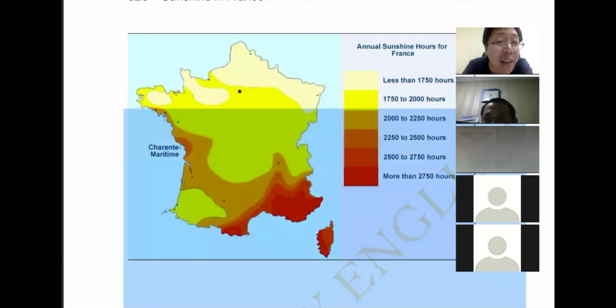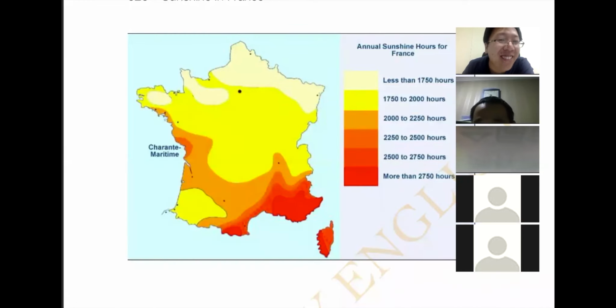That's it. I don't say this weird 2 in the middle. I always try to stay away from saying too many numbers. And then the rest of what I can say, I can talk about colors, like for example, yellow, orange, red. I can say north, south, east, west. All of those other things are the same. And I would probably skip saying Charente Maritime because this is a little bit of a tricky thing to say and it might damage my fluency. Okay, so these are just some decisions that I'm making as I'm preparing for this particular image.